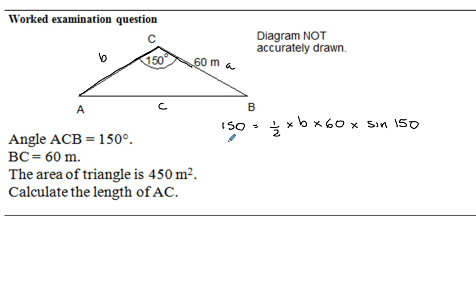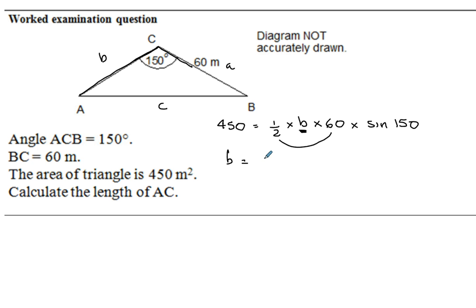Oh, sorry. The area is 450. I just love the number 150. What I'd first do is, because you know you're trying to locate your B, here you can see half of 60 is 30. So what I would do is, as long as you're good with rearranging your formula,